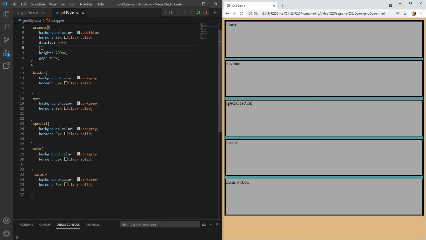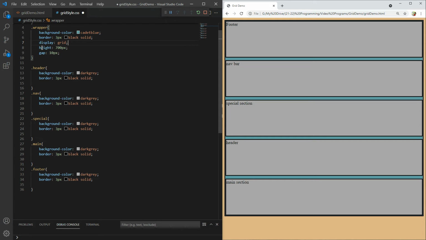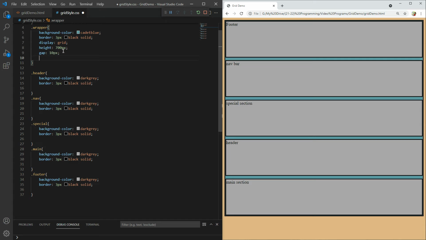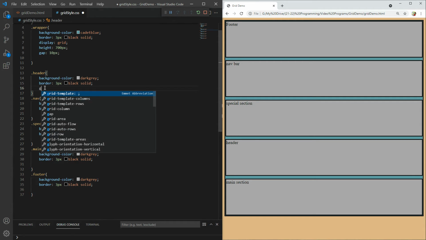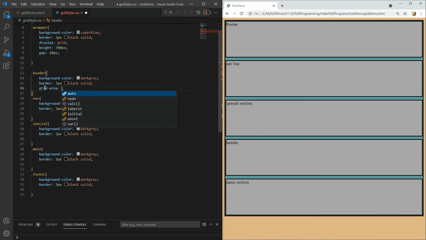So as I told you, there was a way that you could actually lay this out in a more visual way. And that's going to be done with grid areas. So the first thing I'm going to do here is do a grid area. I'm going to label each of my grid areas into, let's call this grid area head, and then we'll give this one